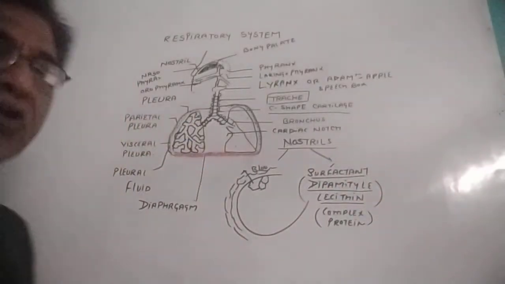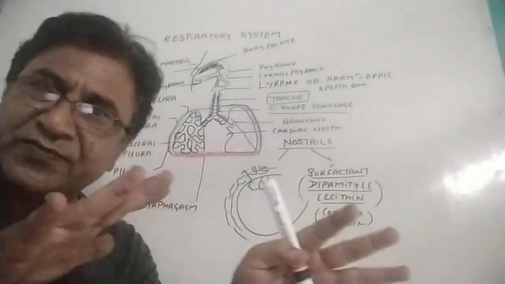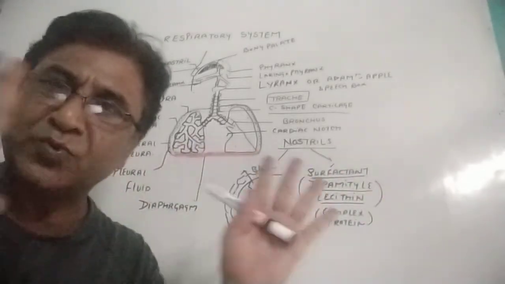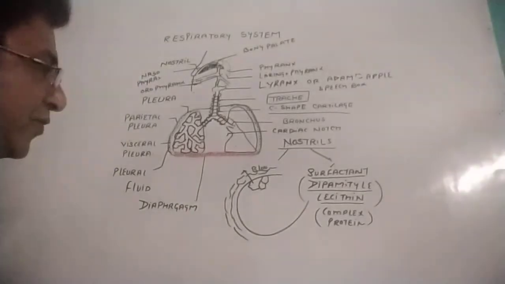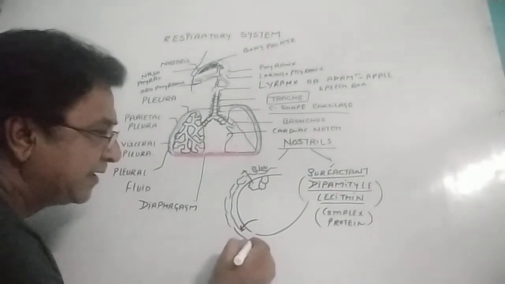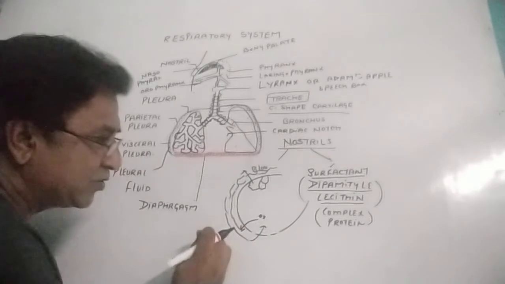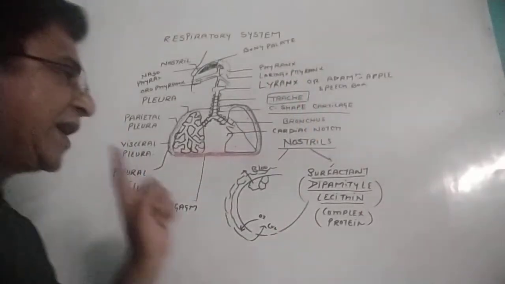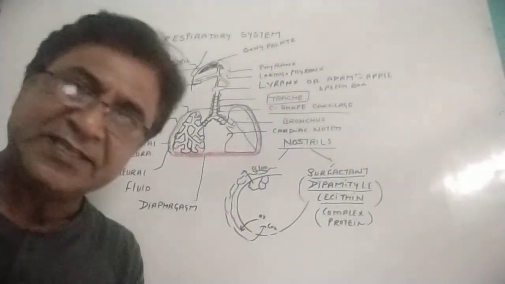Surfactant means it always makes the surface of the alveoli open. Open means away from each other's wall. So it should be open for gaseous exchange. Oxygen is given to the blood and carbon dioxide is taken back, which we actually exhale out. So the alveolus is the site where gaseous exchange basically takes place. Remember that.